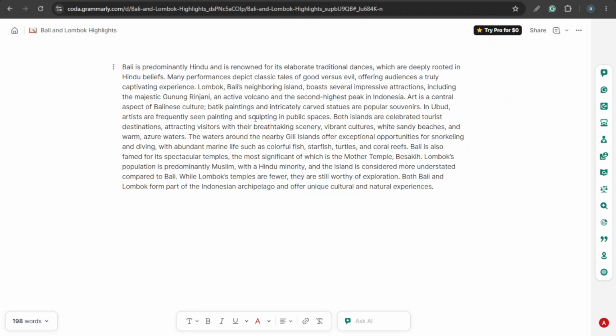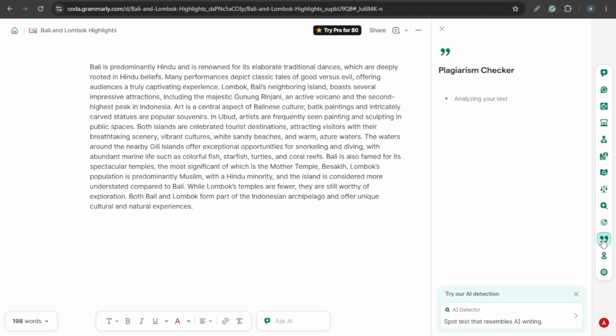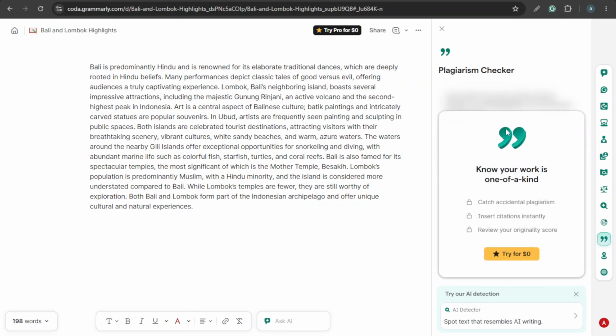Now, direct your attention to the right-hand side of the screen. You'll notice a utility sidebar menu. This is your control center for various tools that Grammarly offers. Look for the plagiarism button, which is conveniently represented by a quotation mark icon. Click on this icon to activate the plagiarism detection feature. This small action sets in motion a powerful scan of your document, comparing your text against billions of web pages